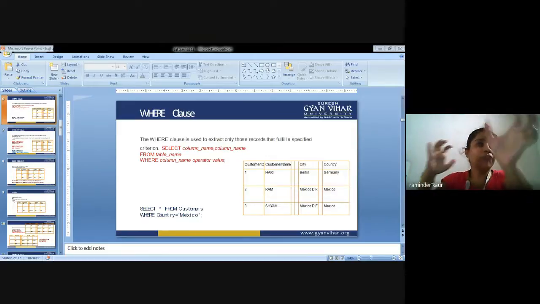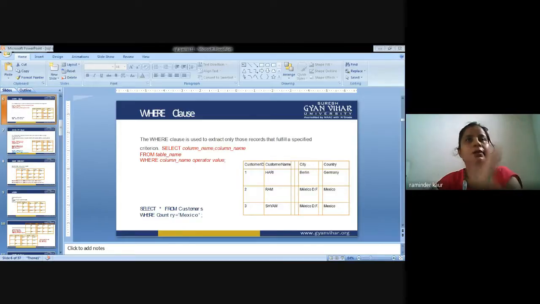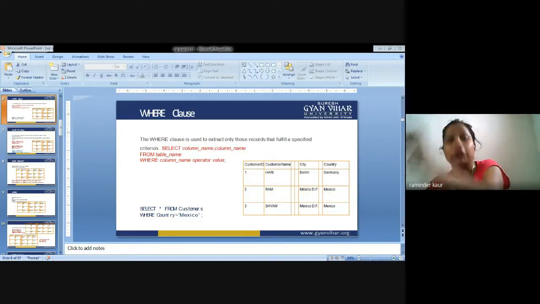Where is a condition. It is used to filter the database details so that more refined data could be fetched instead of the redundant data. So the where clause is used to filter the records. It is used to extract only those records that fulfill a specified condition.